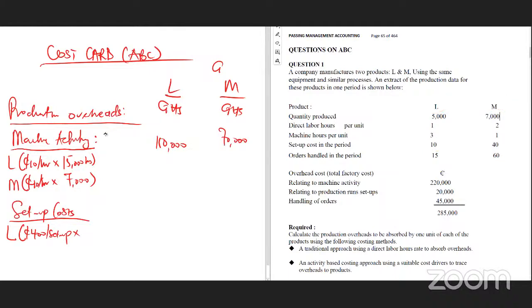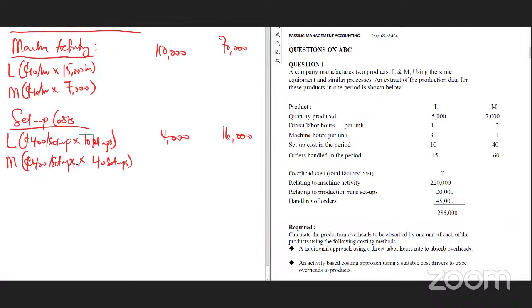So 400 per setup by how many setups? This guy was 10 setups. So that gives us what? Is it not 4,000? If you come to M, how many setups? It's still 400 per setup from the OAR, right? But how many setups were made? Is it not 40 setups? Yes. So that gives us 16,000 Ghana cedis. If you add it, is it not 20,000? You can see from here. Then we come to the last one, handling costs, order handling,